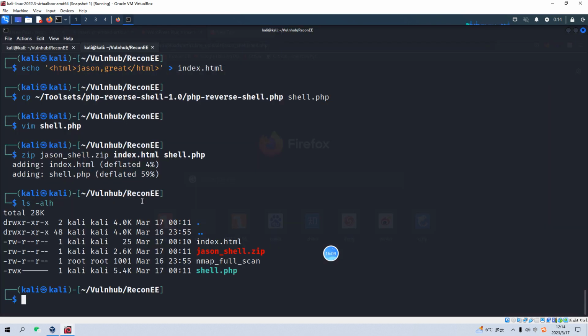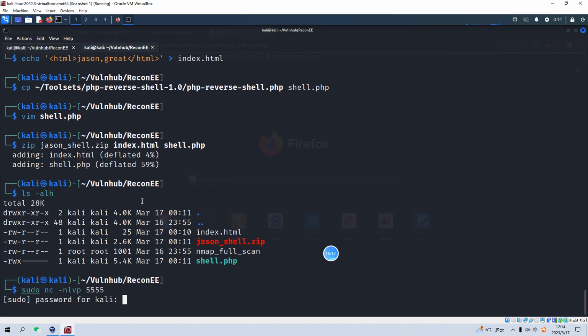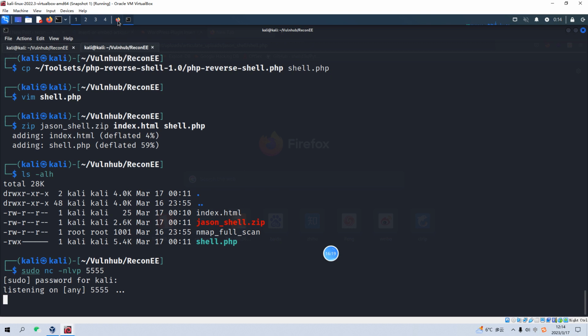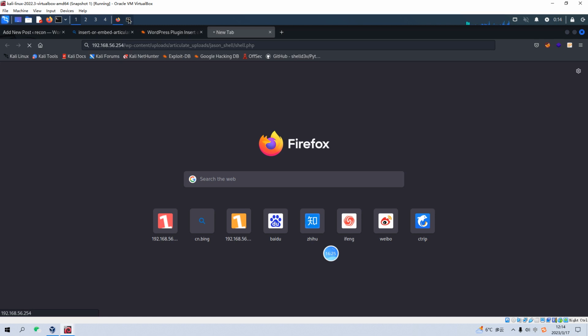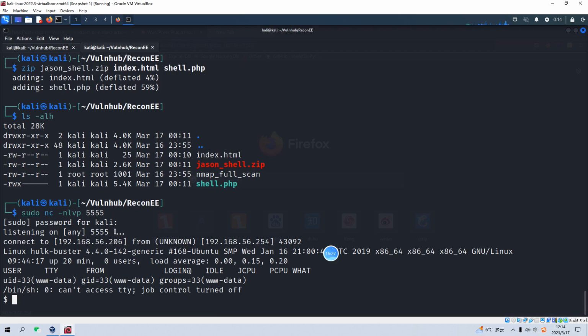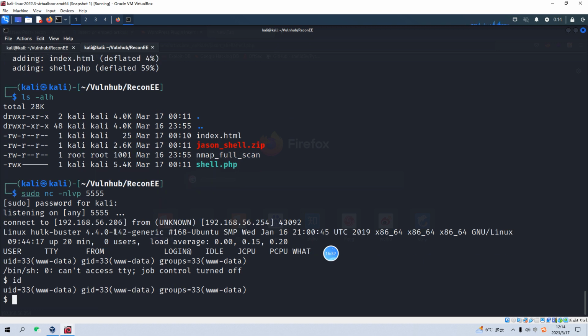At the same time, we need to set up the listener first. Sudo nc, enter, and we can then go. Yeah, immediately we got the shell from the target machine, and we can check the ID, yeah, which is www-data, and we can make this shell interactive by executing Python. So we